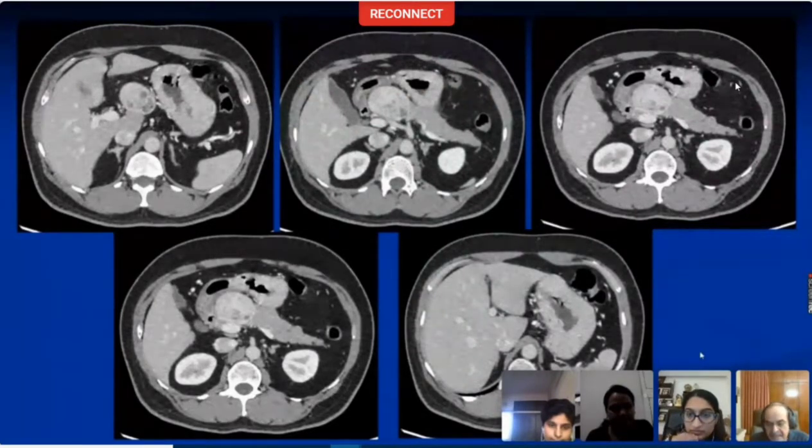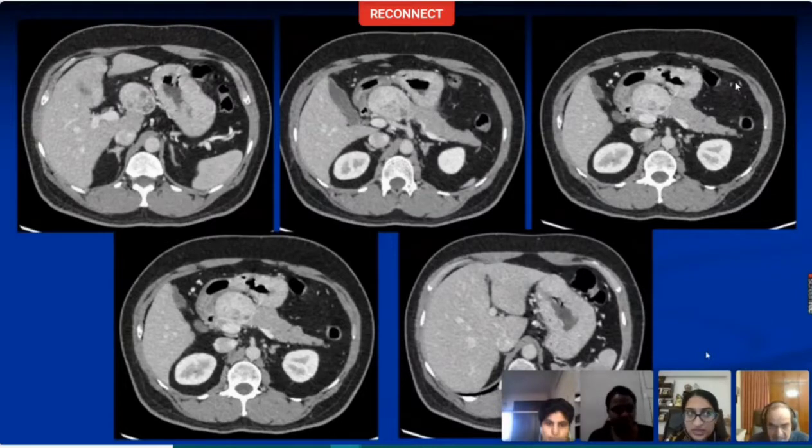Similarly, sometimes a serous cystadenoma, the tiny cysts may be so small that they may not be appreciable on CT, and it may actually look like a solid lesion and then can show arterial enhancement. There is one very unusual, rare lesion which occurs exclusively in the tail of the pancreas, which is called intrapancreatic accessory spleen. Always remember that that's also a differential diagnosis for a hyper-enhancing lesion in the pancreas.